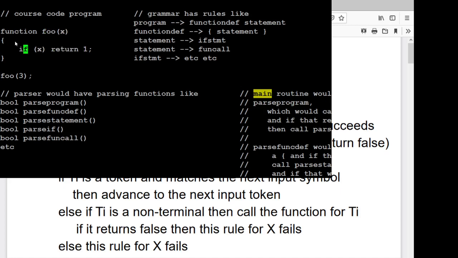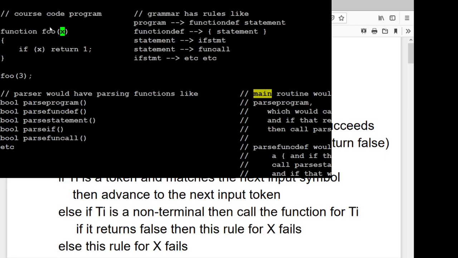For the parameter list, there might well be a separate function that you created that parses a parameter list. Right? And it just keeps going through saying, okay, check if this next input sequence matches